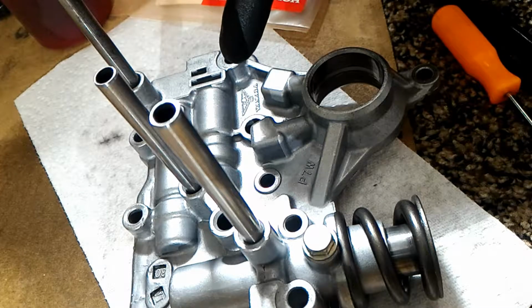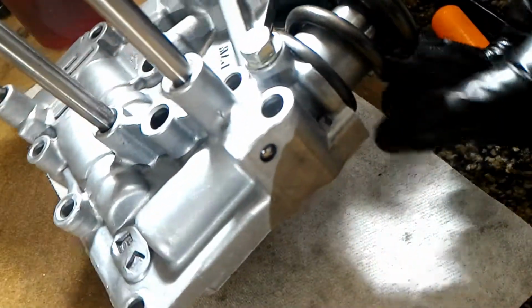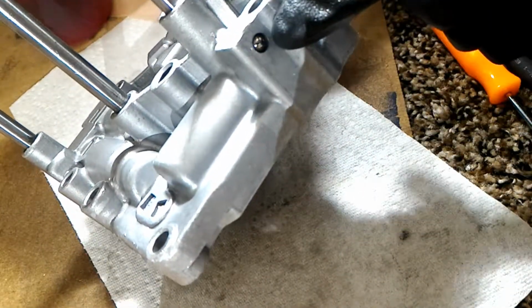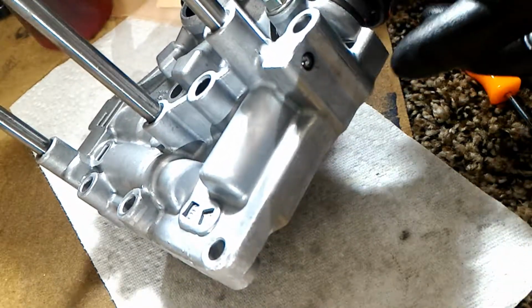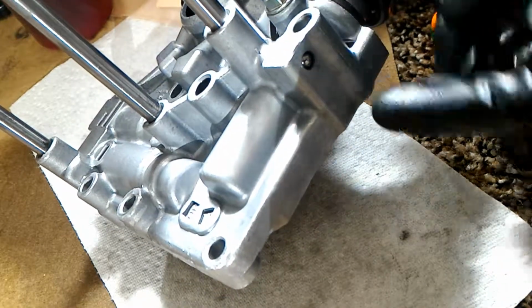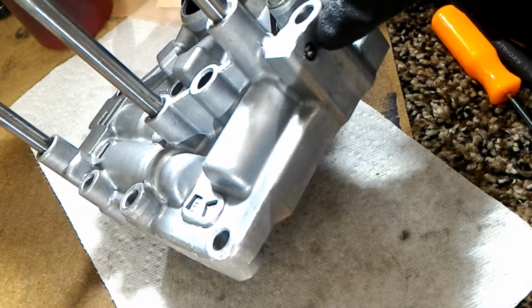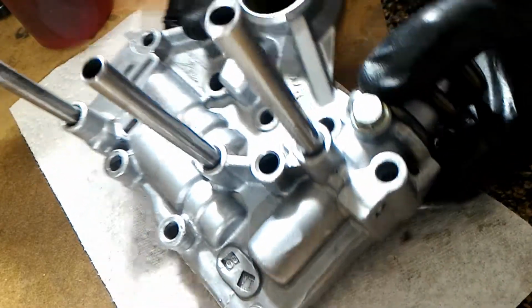So I think this is the regulator, and just like that other valve body, it's got some weird ball bearing jammed to the side here. And it's not free, so I don't know if it's some kind of a restriction to let in a certain amount of oil or whatever it's doing. But anyways, this thing,